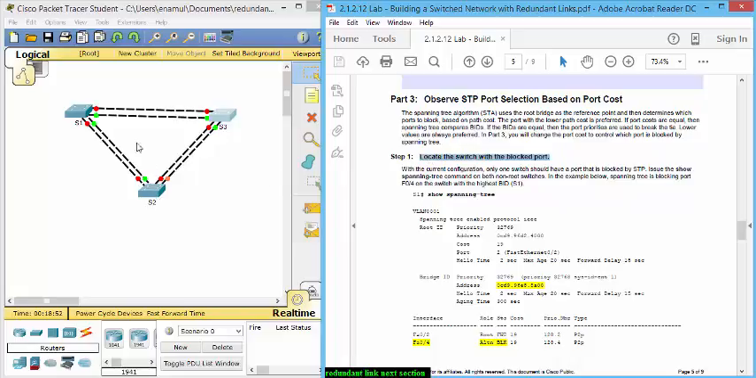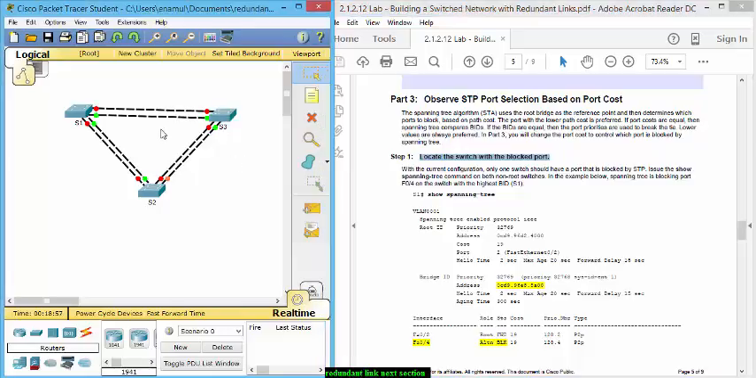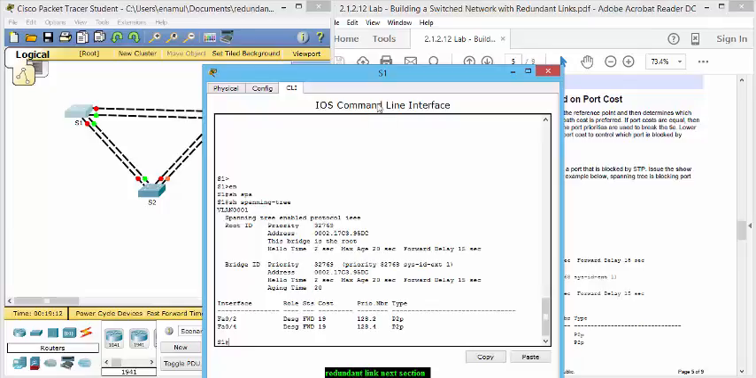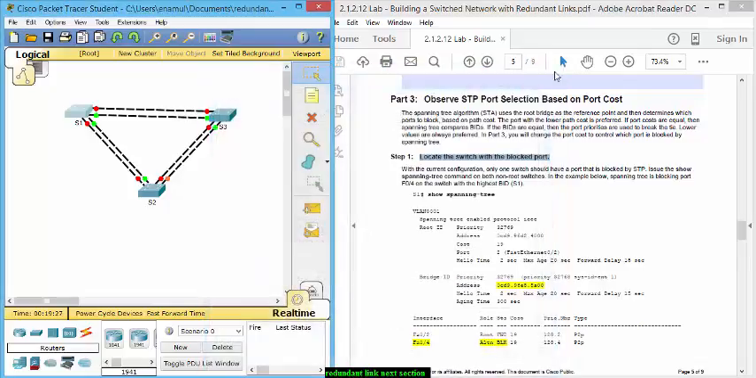We have switches S1, S2, and S3, and we need to locate the switch which has the block port. Go to S1, and we go enable. Now show spanning tree, and S1 is the root. This bridge is the root, which means both of its ports are designated, so there is no block port here. Now let's go to switch 2